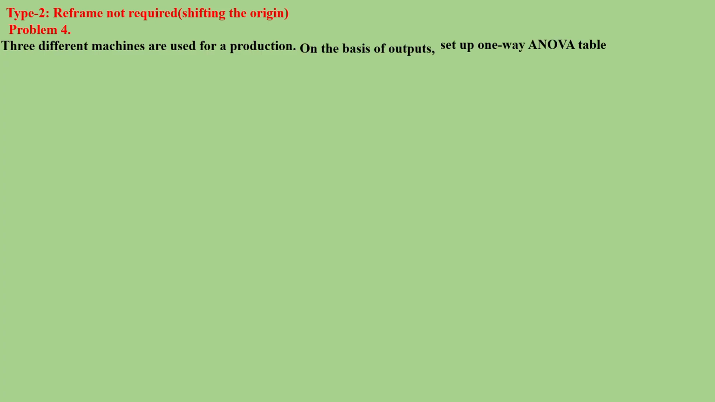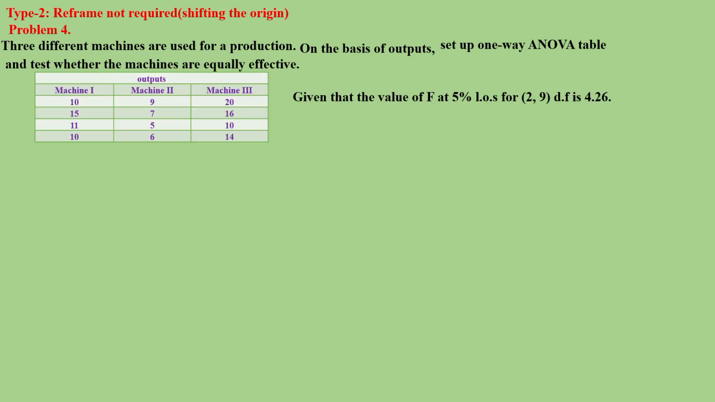Next problem. Three different machines are used for production. On the basis of outputs, set up a one-way ANOVA table and test whether the machines are equally effective. Given that the value of F at 5% level of significance for 2, 9 degrees of freedom is 4.2926, that is the tabulated value. Given total number of items is 12, R, the number of machines, is equal to 3, then